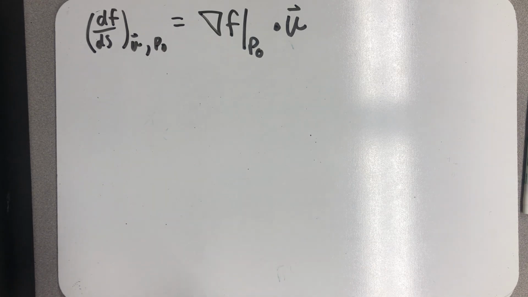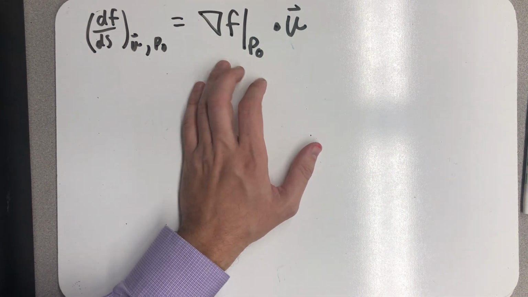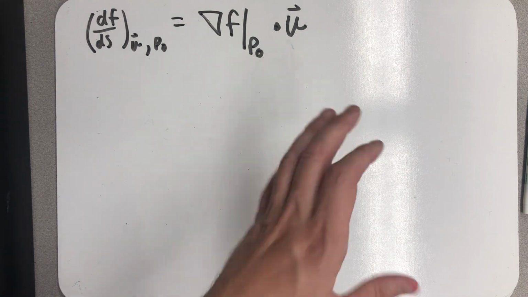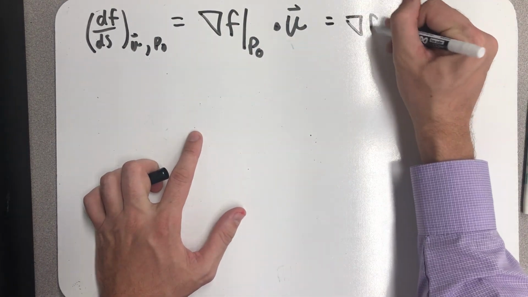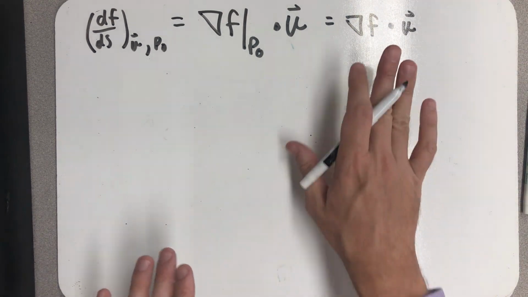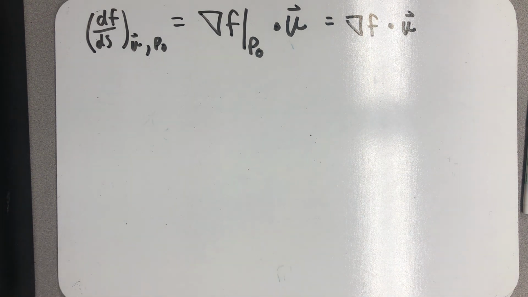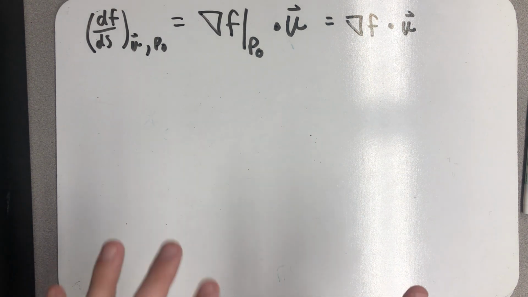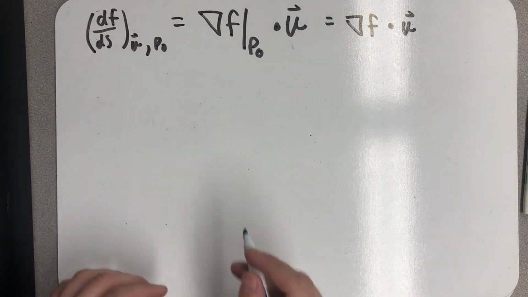We've learned that the directional derivative, the derivative of f in the direction of u evaluated at p naught, is the gradient vector evaluated at p naught dot the vector u. For simplicity, in this video, we'll just refer to that as del f dot u and agree that I'm evaluating del f at the point p naught. So, now that I know my directional derivative has this dot product formula, there are a couple neat things we